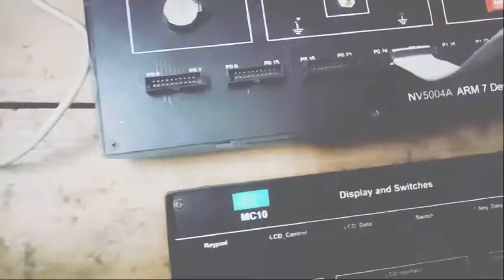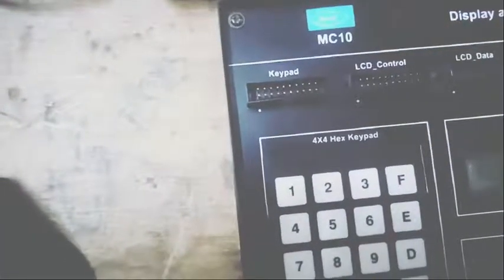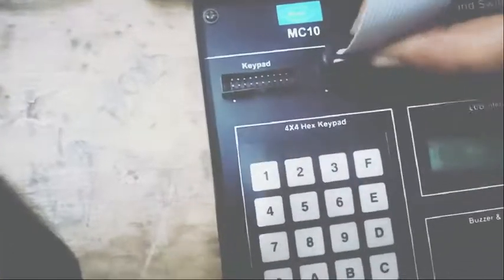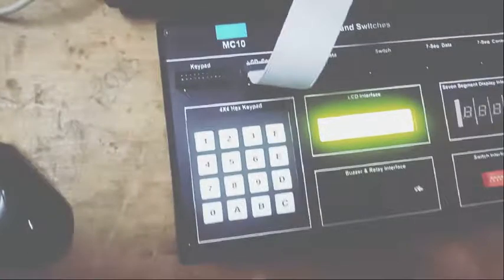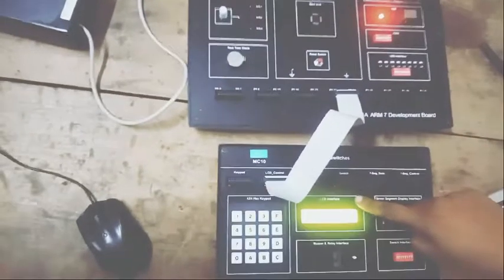The other end of this FRC cable is connected to the LCD control of the buzzer module. Now a connection is made between this ARM board and the buzzer module.